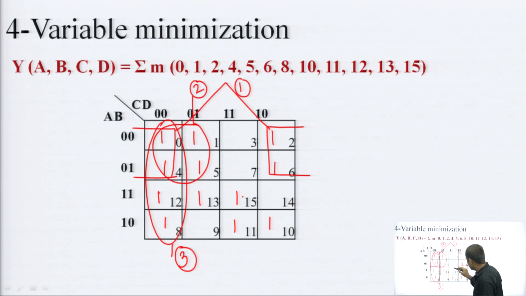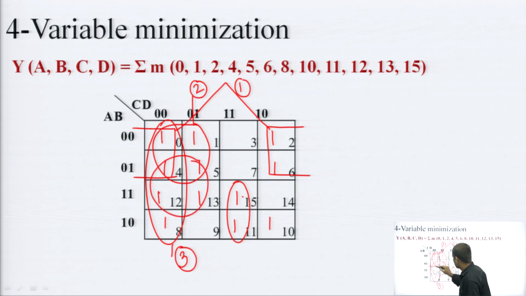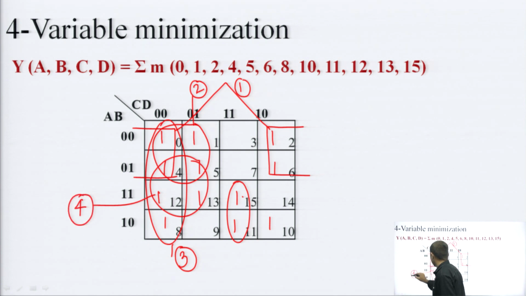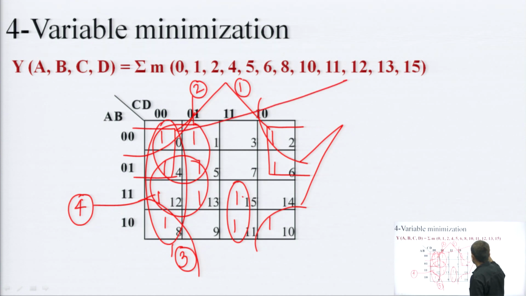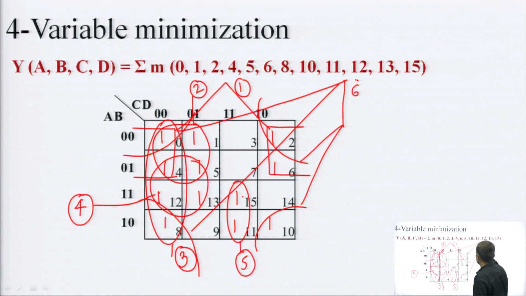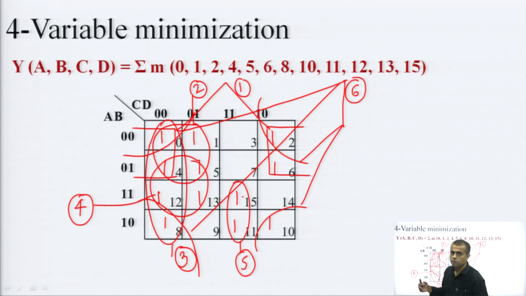So, this can be paired with this one. For this one, I can have another quad. So, this becomes my fourth group, and this one is left. So, I can make it another quad associated with these corners. So, I can name it the fifth one, and this can be my sixth one. So, I have made multiple groups of different sizes, mainly quads and pairs.